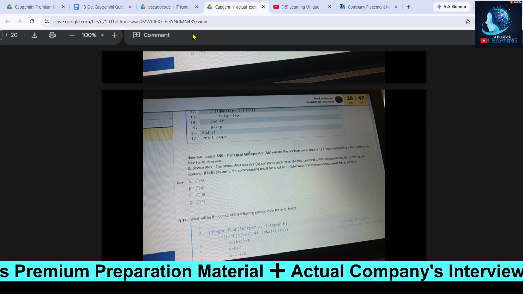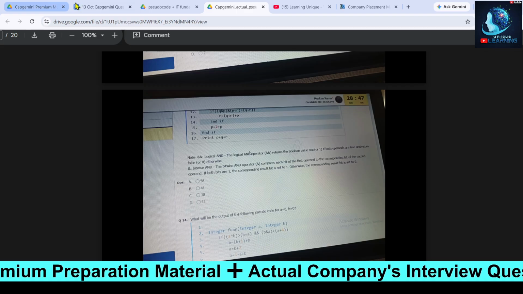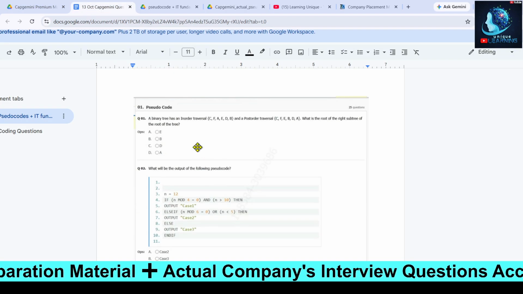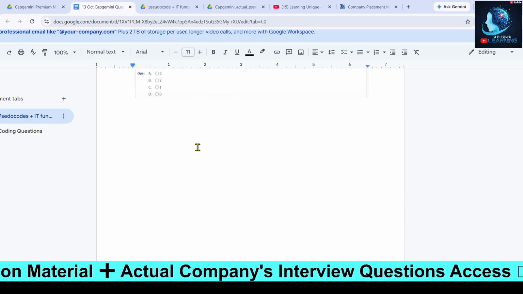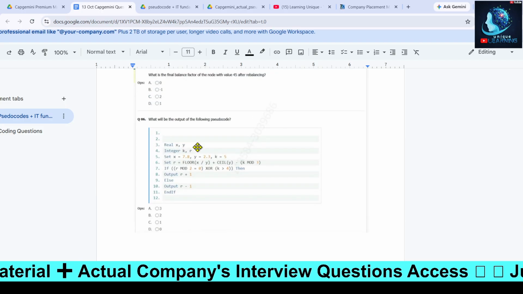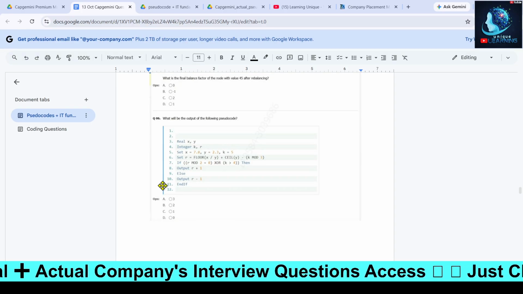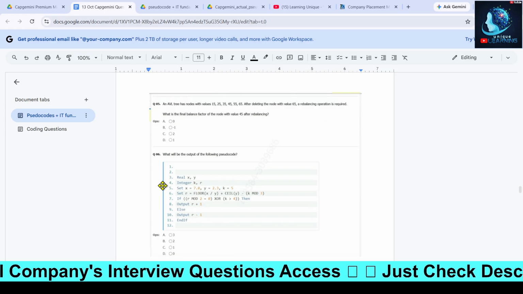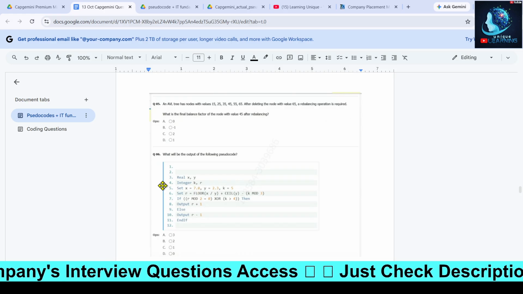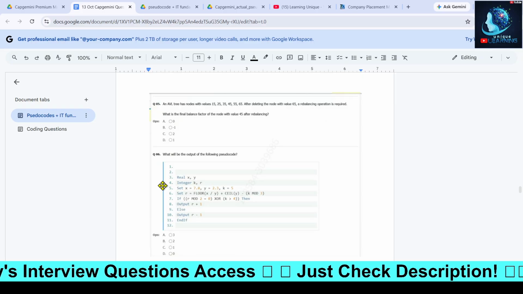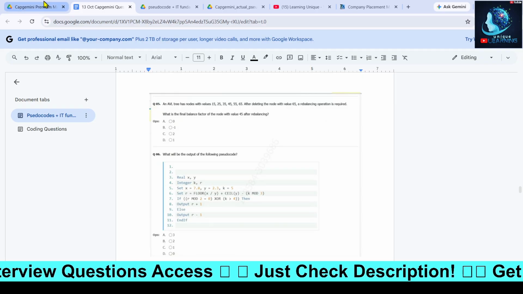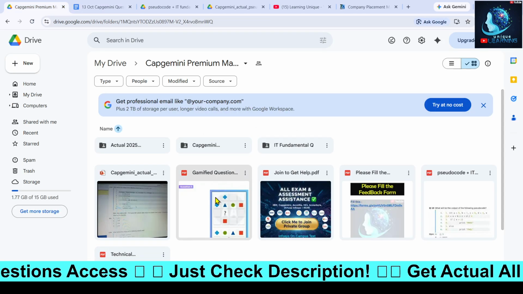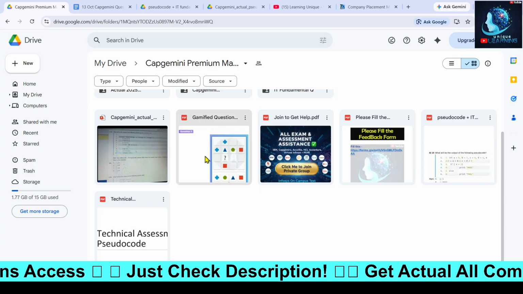So for now that's what I wanted to show you, especially for the Capgemini pseudocode and the technical round. If you have not taken the screenshots, you can go back and take them for your practice purposes and keep practicing. The main thing is you have to practice, then only you will be able to qualify